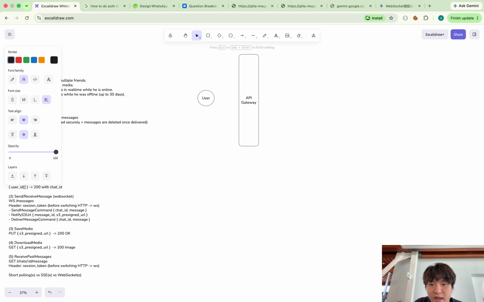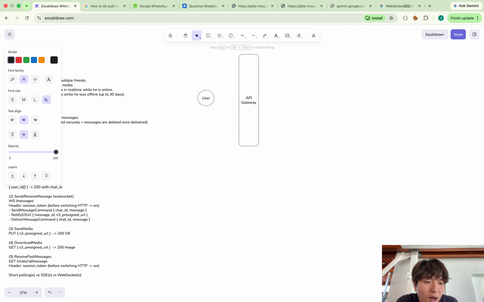Also, I want each feature to work separately, even if there is some problem in other features.